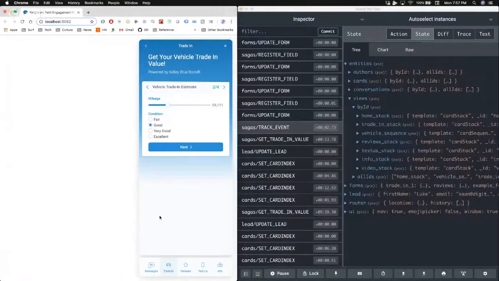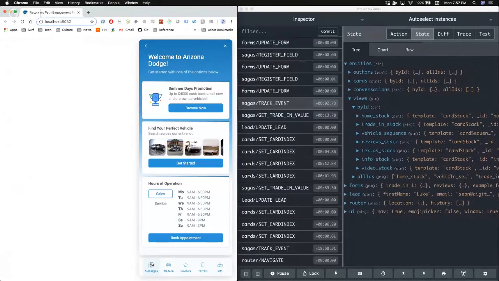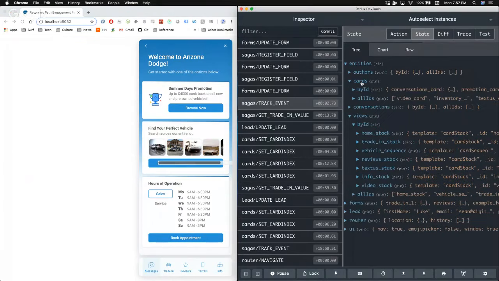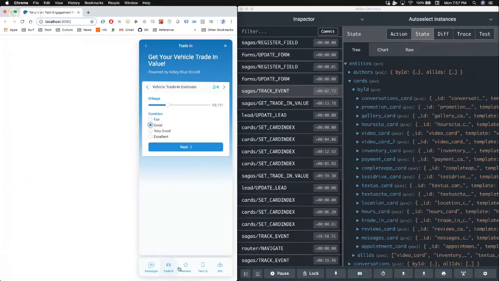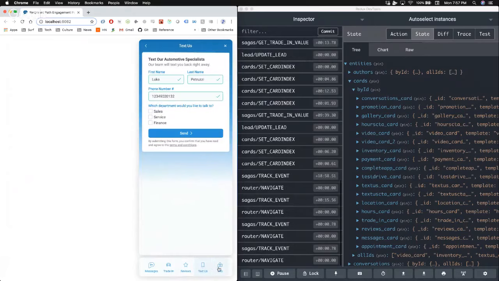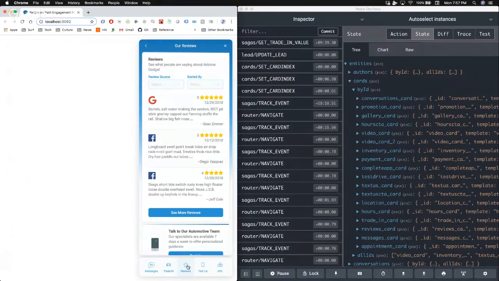And so why is this important? I think it makes your state more composable, right? So for instance, I've got this cards entity here, and I can mix and match these cards however I want to create any different user interface I'm interested in. It's interesting because data normalization is something traditionally associated with databases, but if you normalize your state, it makes your components less rigid.